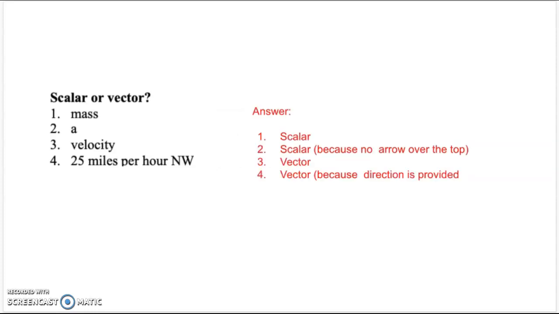Our answers here, mass is a scalar. You really don't need direction on mass. You can't have a negative mass or a mass to the right. That wouldn't make sense. Number 2, the tricky one,